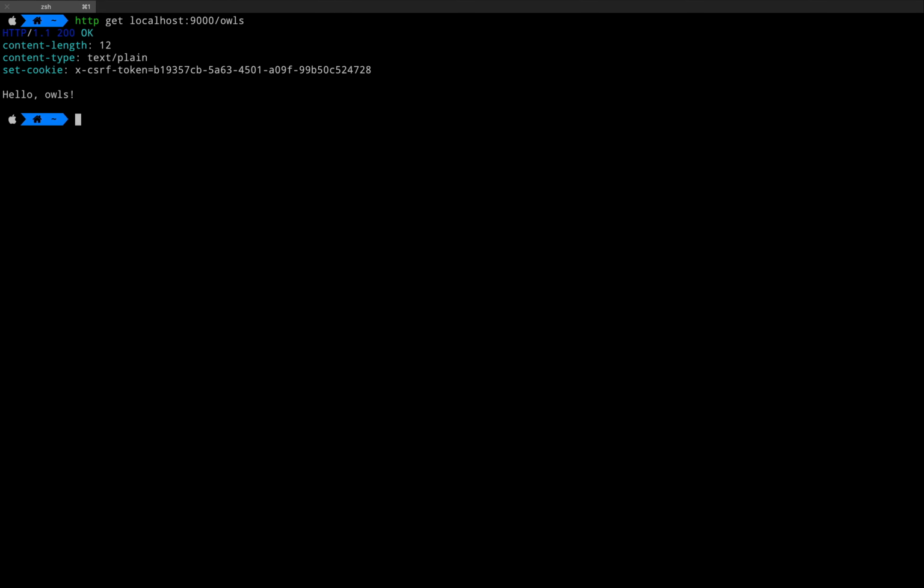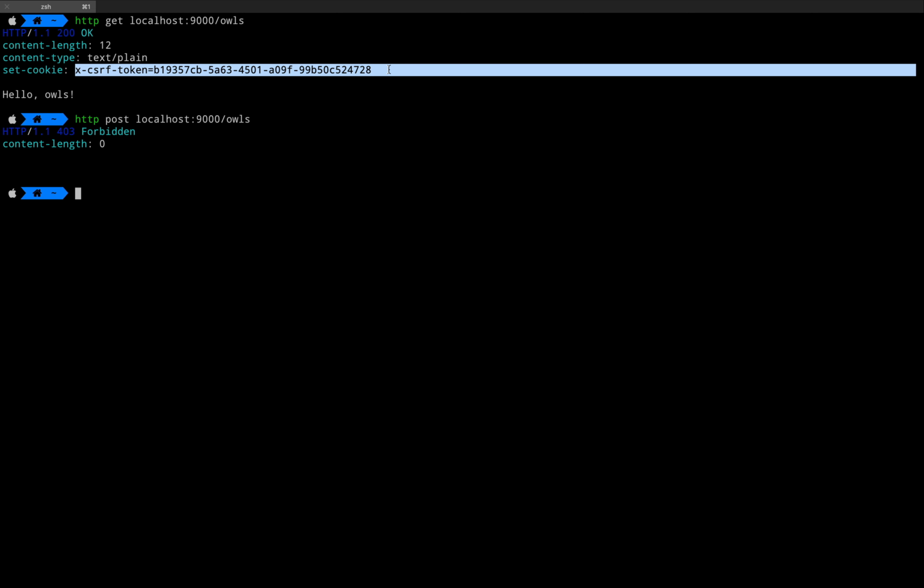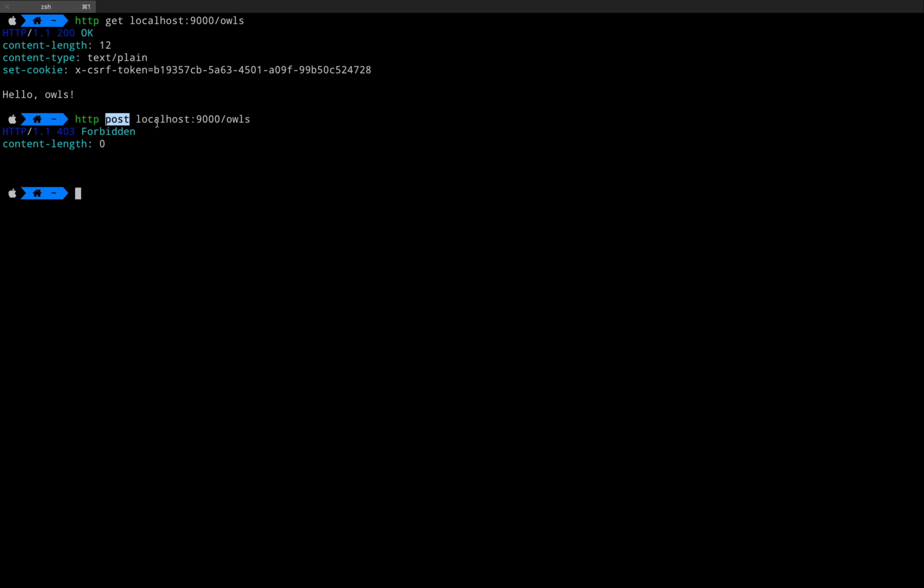So let me try to access our post endpoint. So I'm going to have HTTP post, and I'm going to have localhost 9000/owls. And notice that we have a forbidden. It's a 403 because we have CSRF activated. Now, in order for this endpoint, the post endpoint at 9000/owls to work, we need the cookie and the token itself. So I'm going to have HTTP post 9000/owls, and I need the header, which is